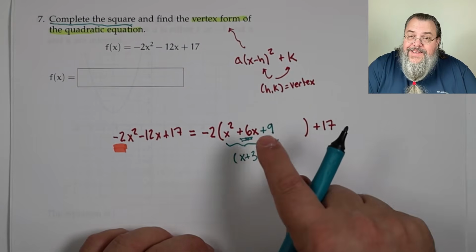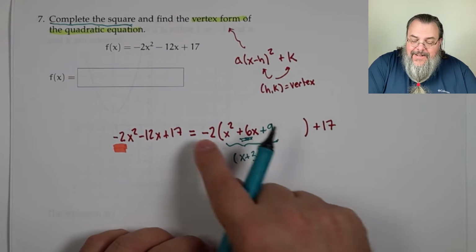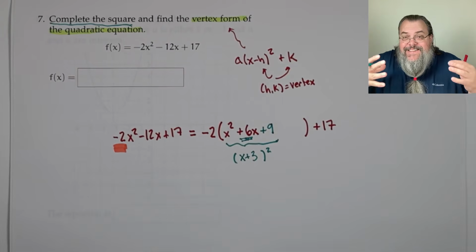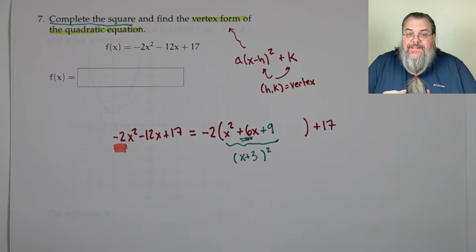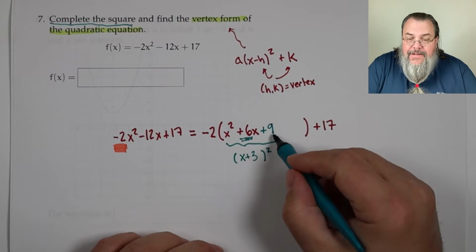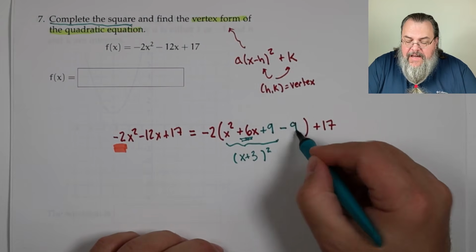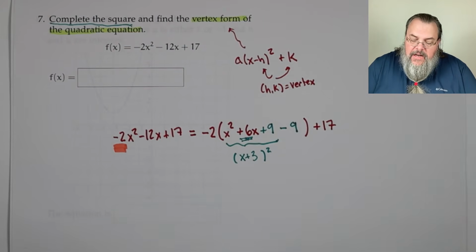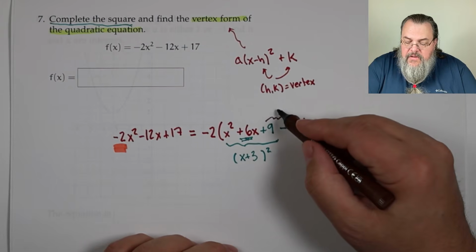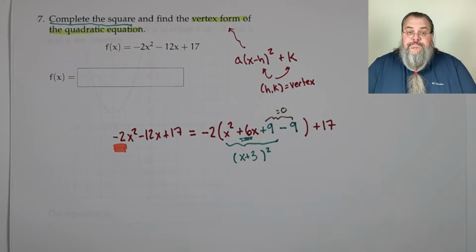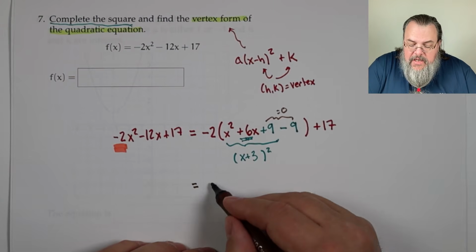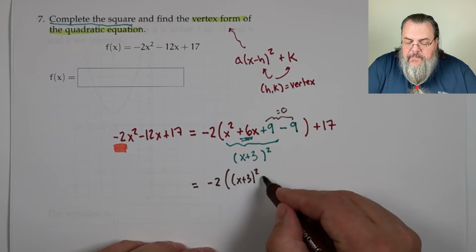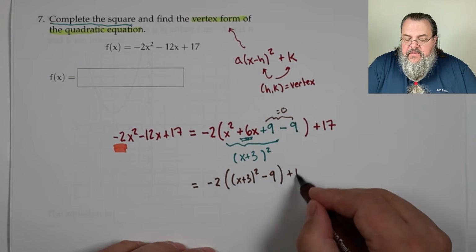But you can't just add 9. That no longer is equal to what you started with. You've got to balance it out. So how do we balance it? Well, if you add 9, one thing we can do is right away subtract 9. Now, why does this work? Well, because we added and subtracted 9, this is going to become 0. And we can always add 0. All right, so updating, we have minus 2 times x plus 3 squared minus 9 plus 17,